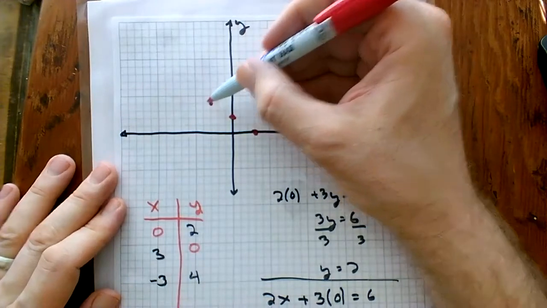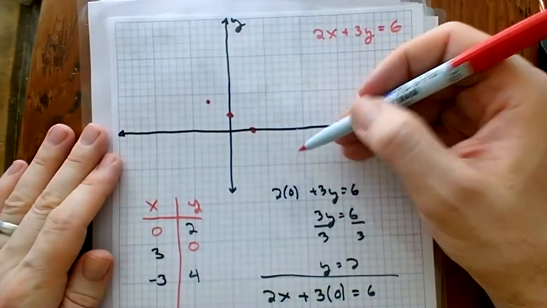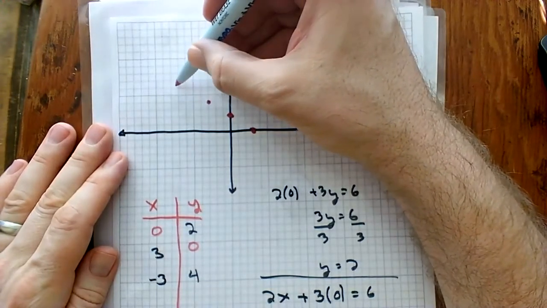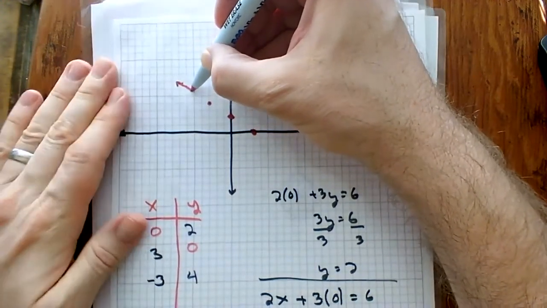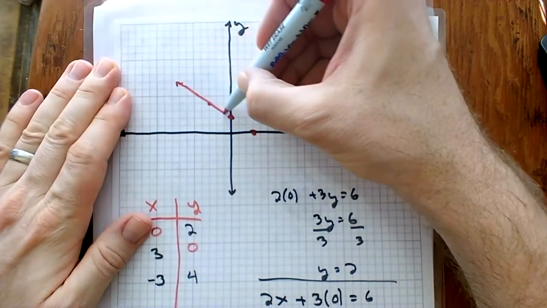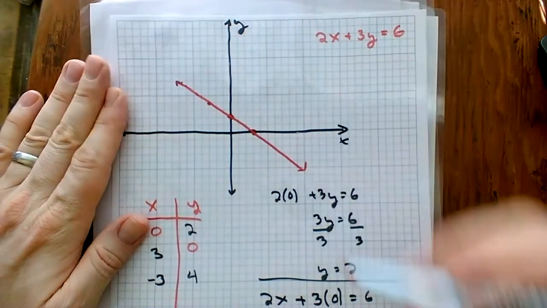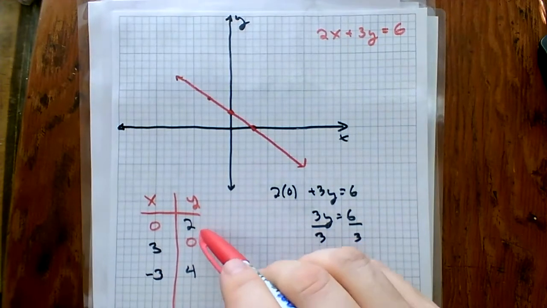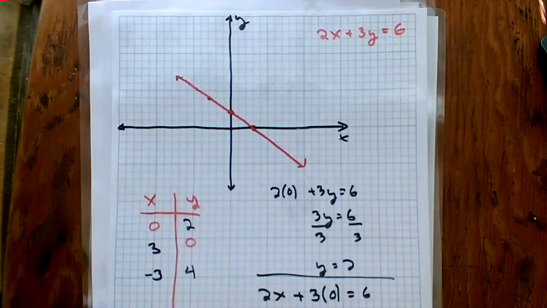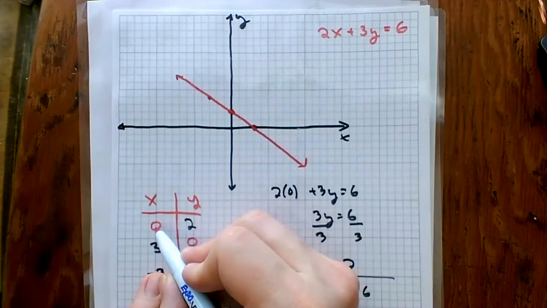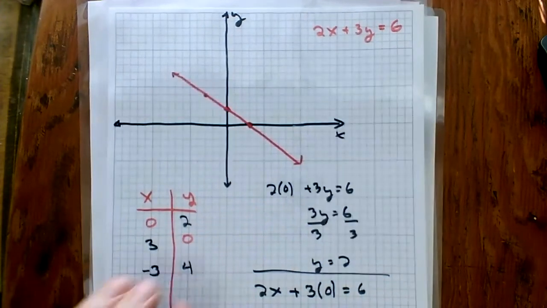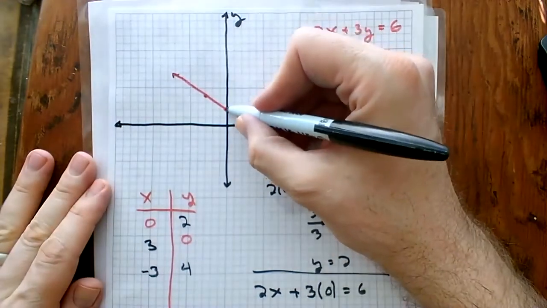And sure enough, these all seem to fall in a pattern. So let's see what this would look like. So when I'm plotting this, I will just run a nice smooth line through those. And there's our line. So we could, in fact, choose any value we wanted for x or y. I always like to start with either a 0 for x or for y. And the reason why is these points,